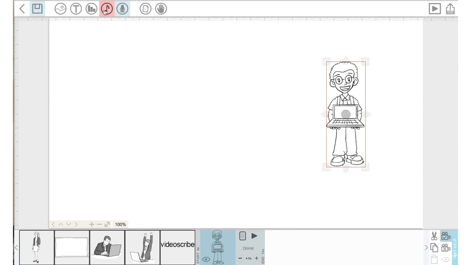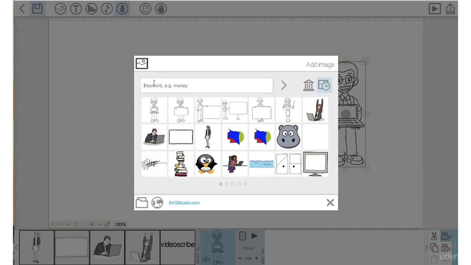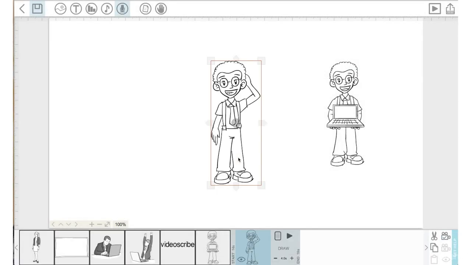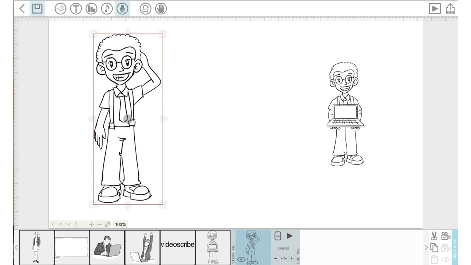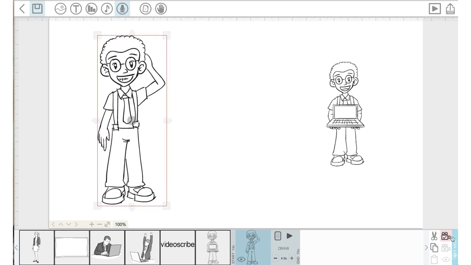I'm going to go back into the library, type in student again. And I've chosen the same character, but a different drawing of this character because I'd like to show him as a beginner without a computer and then a pro. So he's holding the laptop, and I'm going to next put an element within the laptop. Have him here. We're going to make him a little bit bigger and put him right there, lock that camera